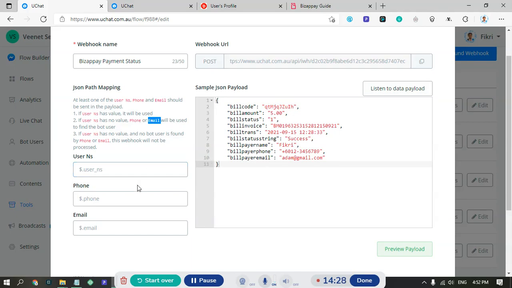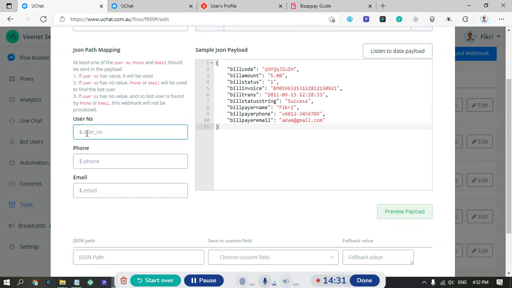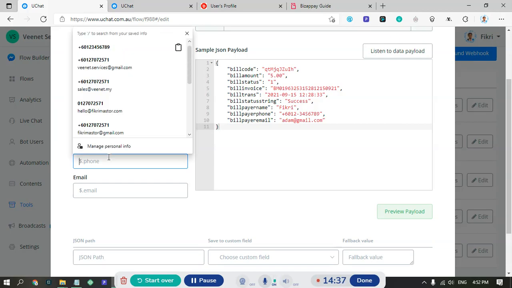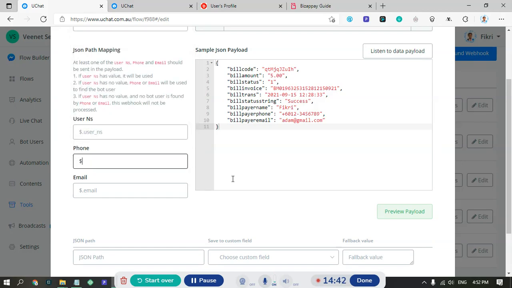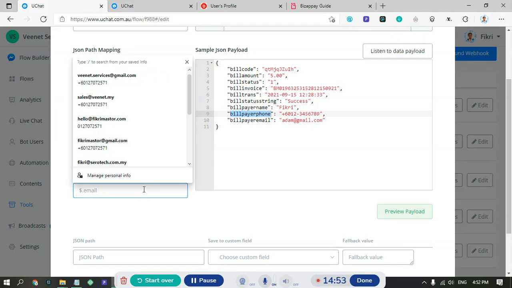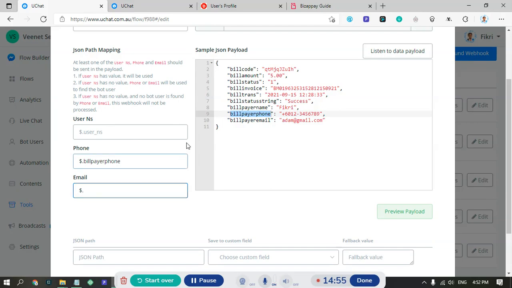Alright, so for the first field, you don't have to do anything, just keep it blank. But for the phone, you need to type a $ sign, and then click dot. Just copy the bill payer phone here and paste it here. Same thing for the email, $ sign dot, and the bill payer email. Alright,